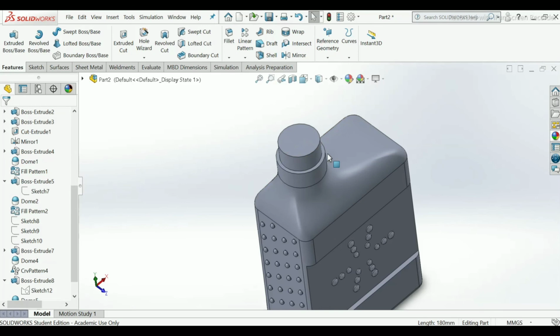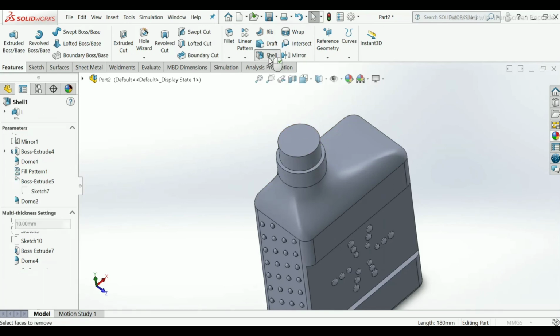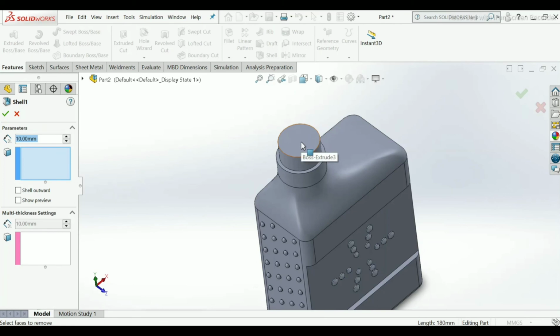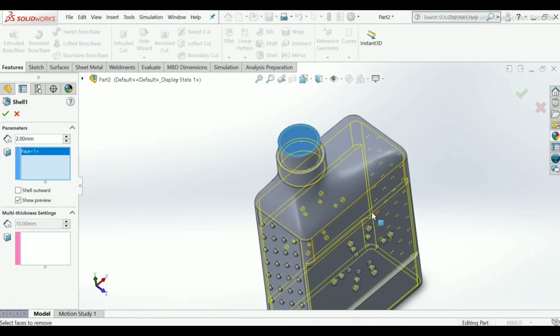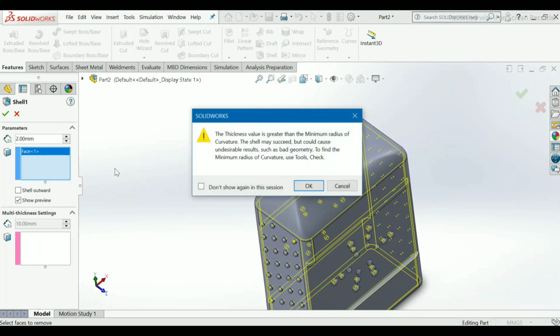Now our last tool command, that is shell, we can apply for the first time. Select this shell, select the top face, make thickness 2 mm. It takes some time. So a preview has been made, then click OK.